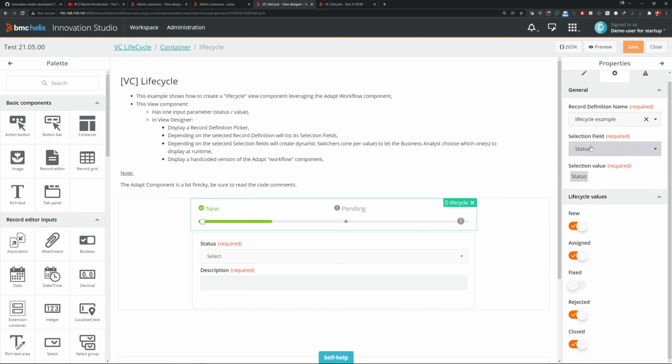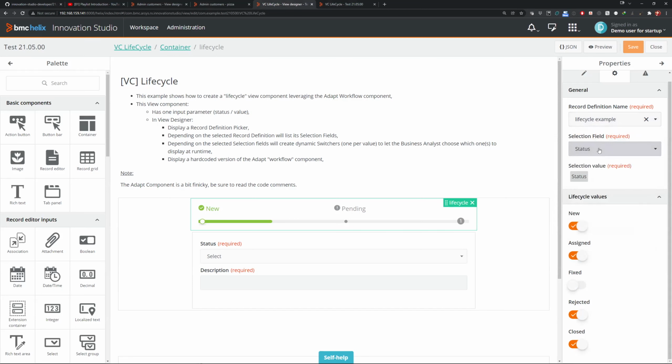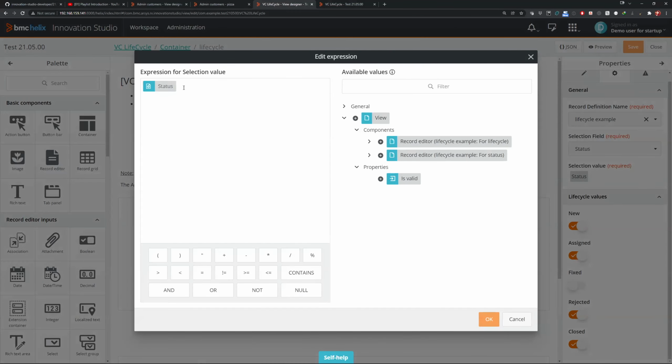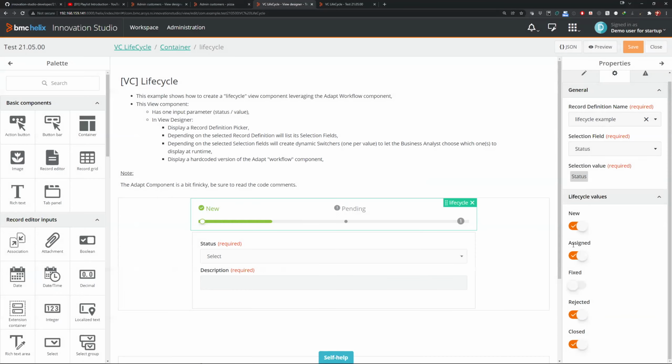So we have some default controls. It could be, for example, the record definition selection field. We have an expression editor where you can enter different fields from elements in the canvas, or just text. But this is custom. And this is something that I find really important because